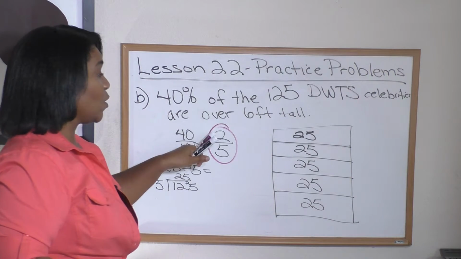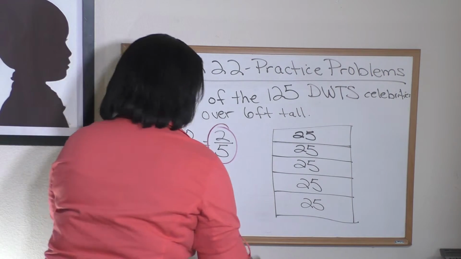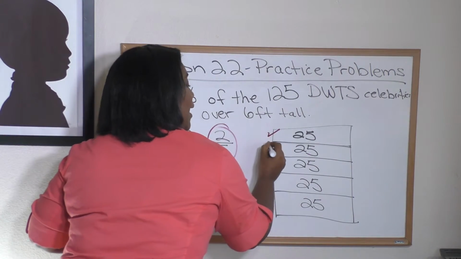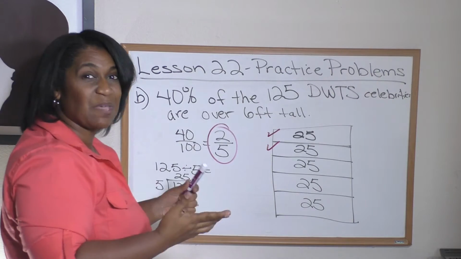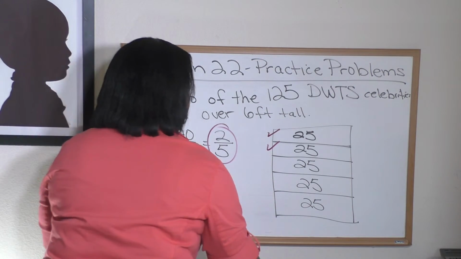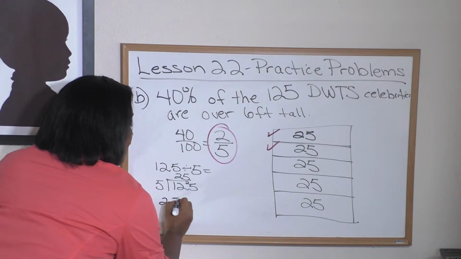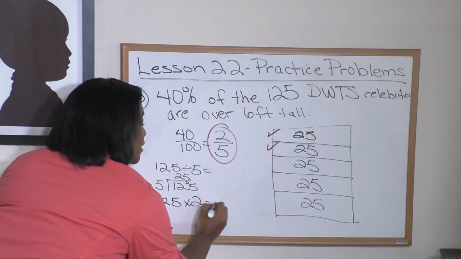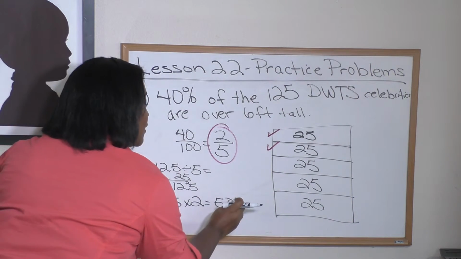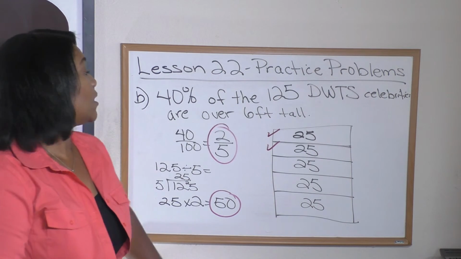Step 2 is we need to identify 2 of the groups. So we're going to use a red marker this time. I need 2 of my groups. 1 and 2, which is the same thing as saying 25 times 2. And I'm going to do that one over here. 25 times 2 equals 50, which means that 50 of the 125 Dancing with the Stars celebrities are over 6